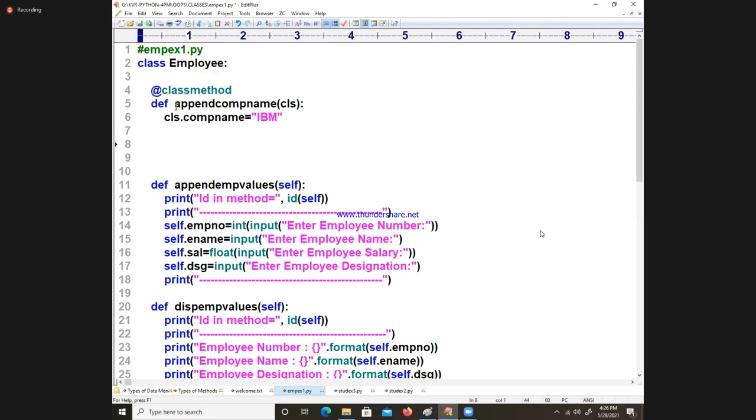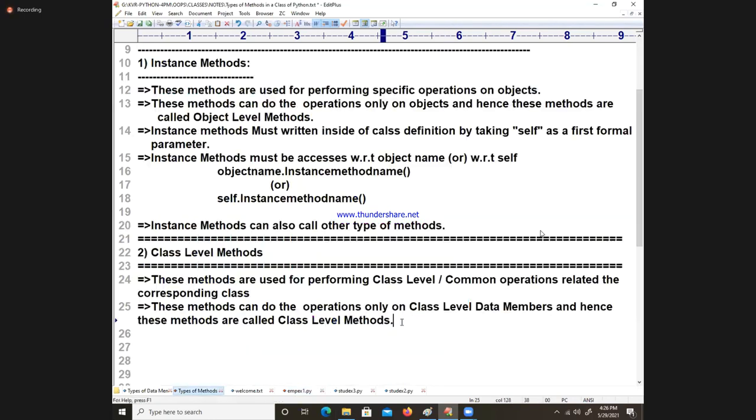I hope that you are understanding. So I am writing here, types of methods. The class level method must take CLS as a first formal parameter,